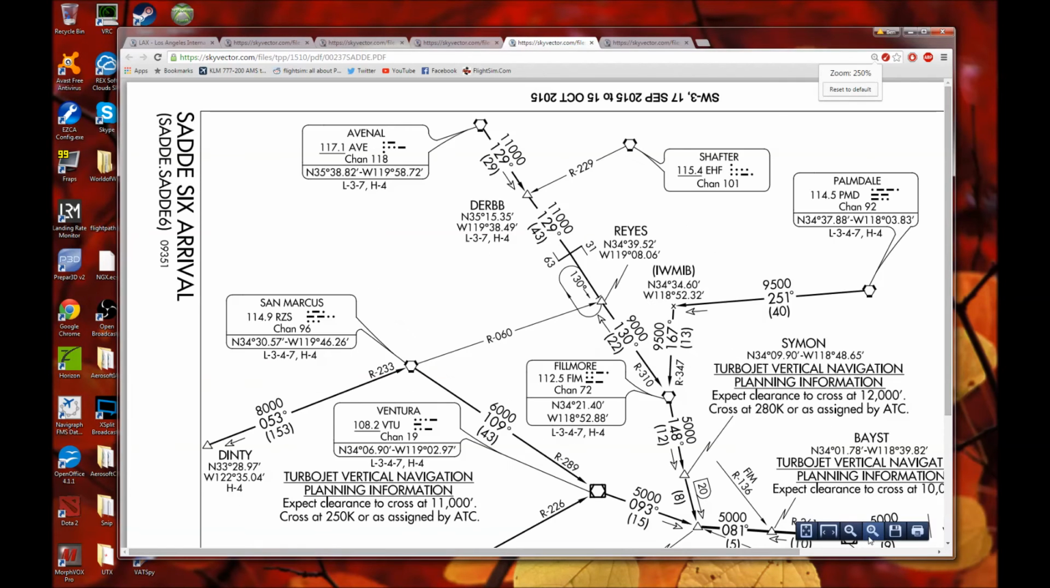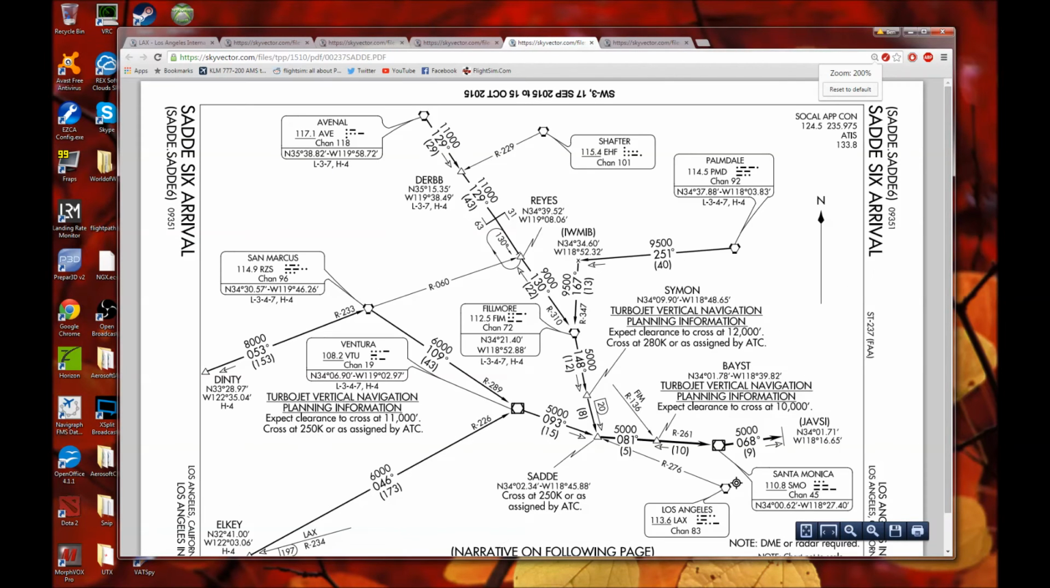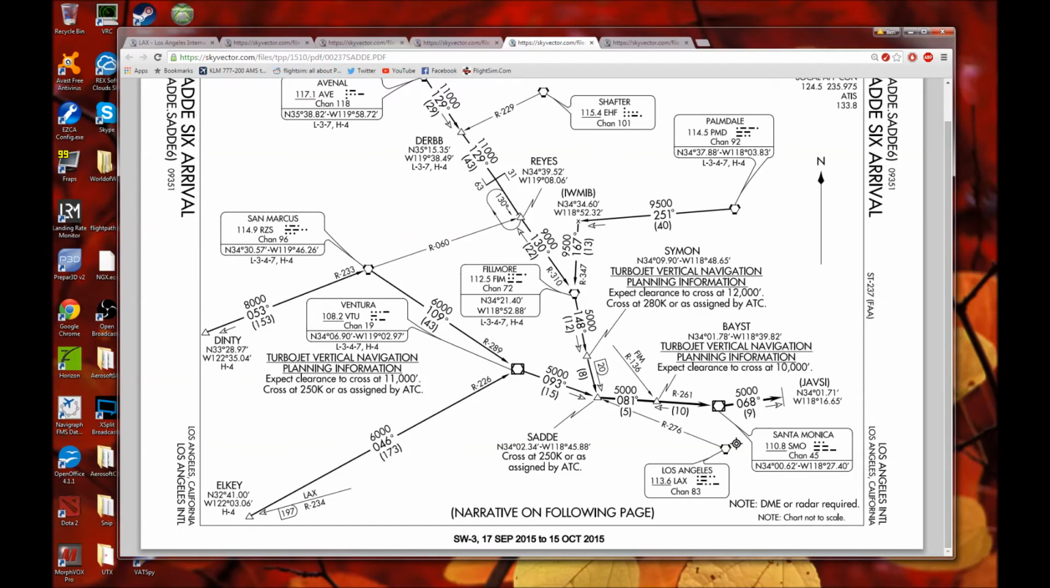It makes the most sense here to look at the chart. So Avenal, this would be your entry fix, this would be your transition. You're going to come from over Avenal on a 129 track to Derb, on a 129 track to Reyes, then on a 130 track to Fillmore Vortac. Once you're over Fillmore, you're going to make a slight right turn on a 148 heading to the Simon intersection,